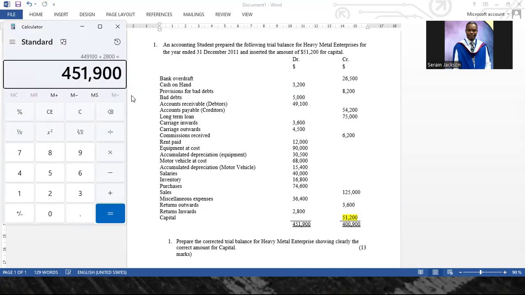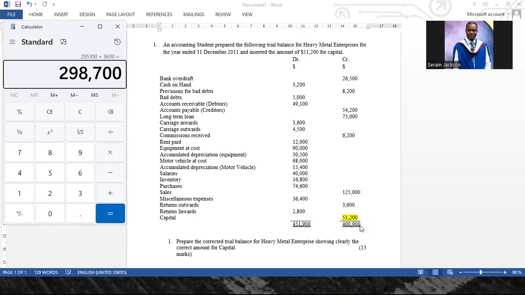All right. So let's now calculate the credit side. So you go 26,500 plus 8,200 plus 54,200 plus 75,000 plus 6,200 plus 125,000 plus 3,600, right? We would not use the capital figure that's there because it is incorrect. So let's see, we get